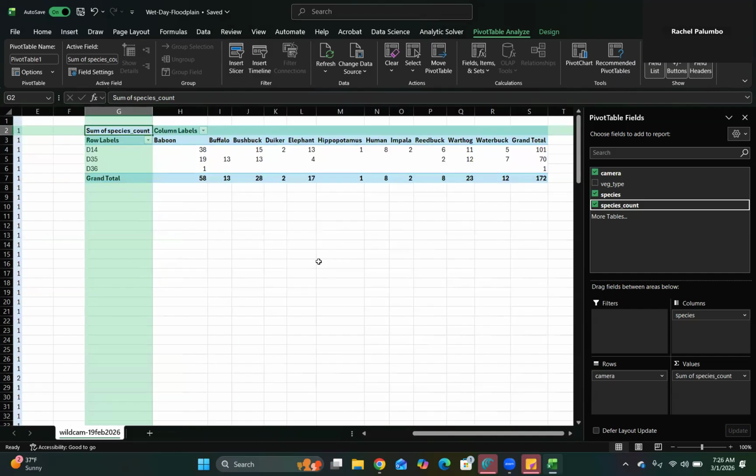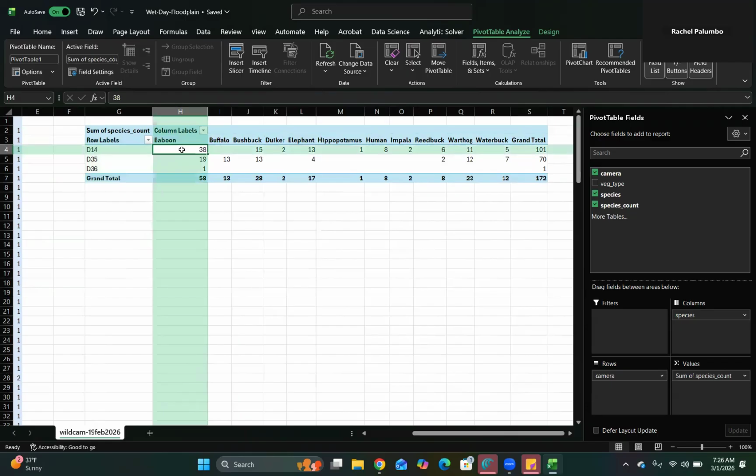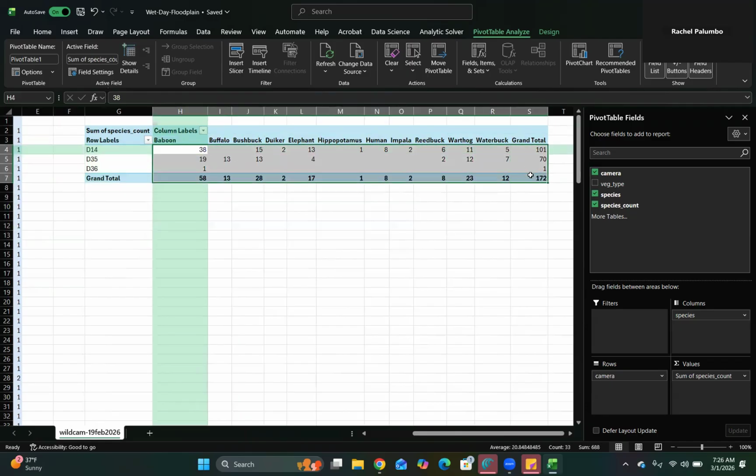So the next thing we're going to do is highlight the data that's in the table, because we can't actually work with this data since it's a bunch of formulas and equations. So what we need to take is our cursor. We're going to highlight everything in the table, making sure not to include the camera labels or the column labels. We just want the numbers. Now we're going to copy,